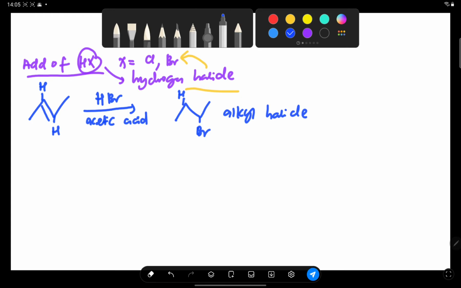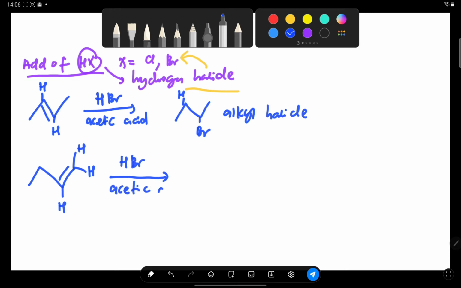What happens if you have an alkene which is categorized as unsymmetrical? This is a symmetrical alkene. When we call it an unsymmetrical alkene, let's say the double bond here. As you can see here, the number of hydrogen here is 2 hydrogen. At this carbon, you have 1 hydrogen. So what happens here is